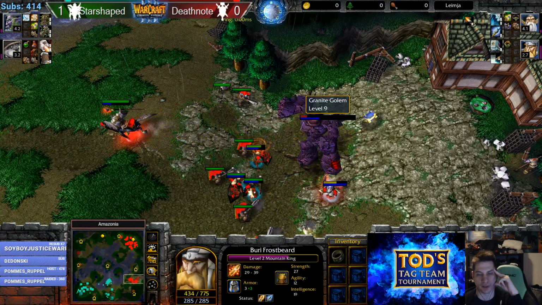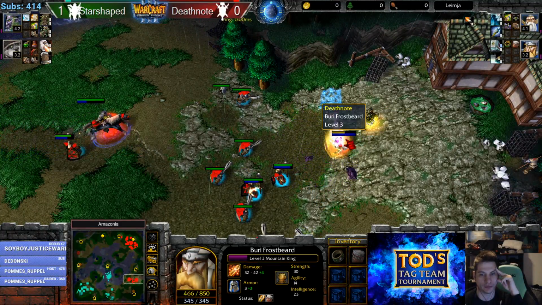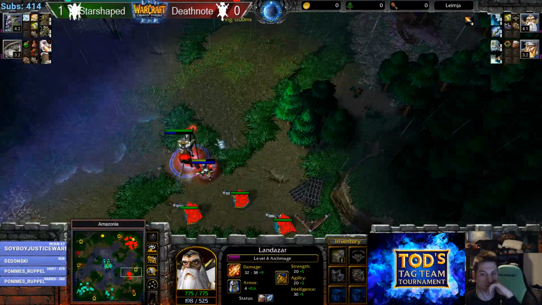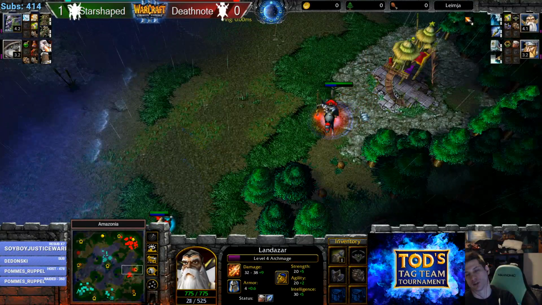That's Deathnote actually creeping. That's a great move, I think. He's going to get level 3. Warsong Battle Drums. Oh, huge item. Huge item. 10% damage to everything. The Riflemen already have that massive damage buff, and just 10% on top of that. Not quite the Jago, but...